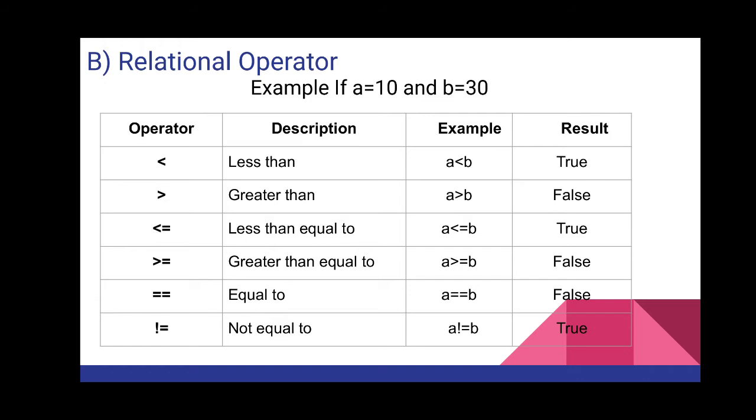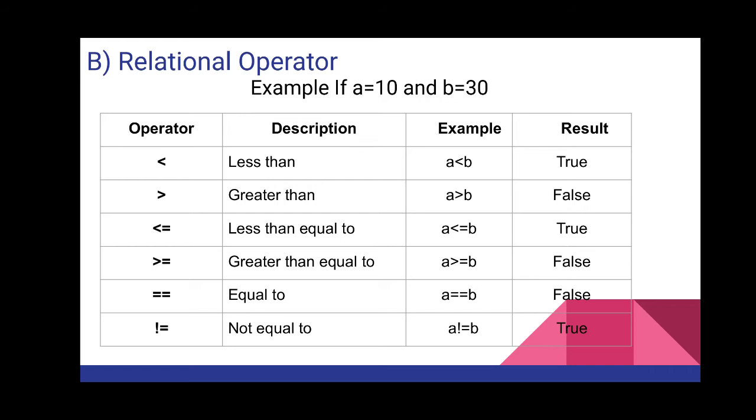For arithmetic it was returning some numeric value, or it could return infinity if it is divided by 0. Remember, if any number is divided by 0, it can return infinity. So these are the return values of arithmetic operators. Likewise in relational operators, you will get values either true or false. Nothing else can be returned by this relational operator. So what we have studied is that it is used for comparison or some type of condition check. So if there is a need to check some condition, we will be using this relational operator.